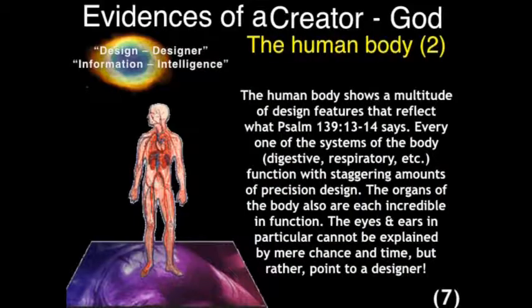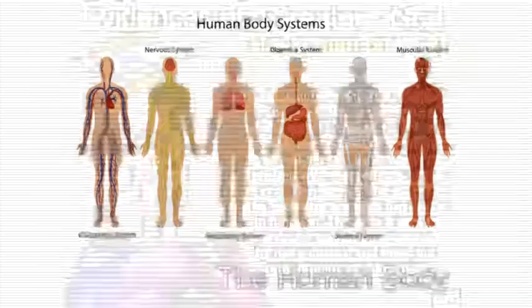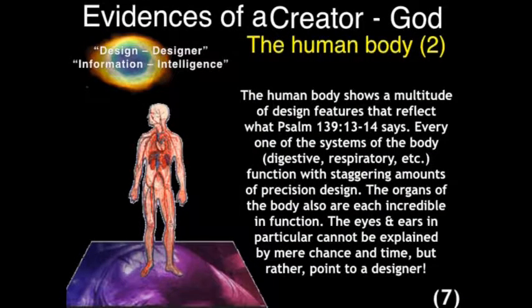Now, when we look at the anatomy of the human body, we see all these different systems. The circulatory system, the nervous system, the respiratory system, the digestive system, the skeletal system, the muscular system. When we look at all of these different systems, we see in every one of them, if we had time, we could look at each one in detail and find that they are amazingly designed, that they are very intricate. They fit together so wonderfully and have even little details about them that we would just marvel at the more